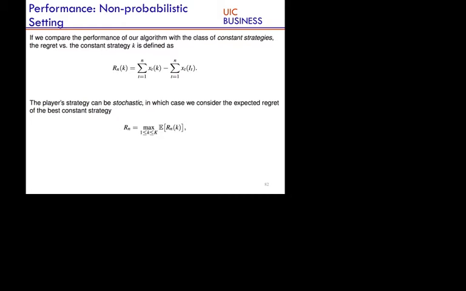So if the constant strategy gets this much reward, and I'm getting this much reward, I'm just calling the difference the regret with respect to the constant strategy. It can be positive, negative, or whatever. Now I'm just introducing